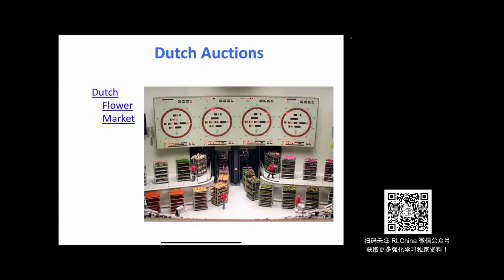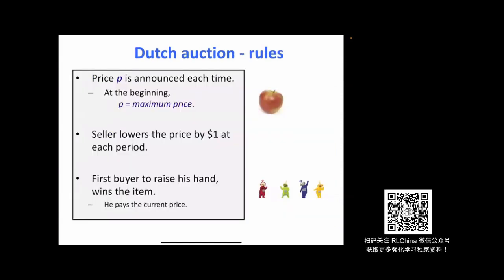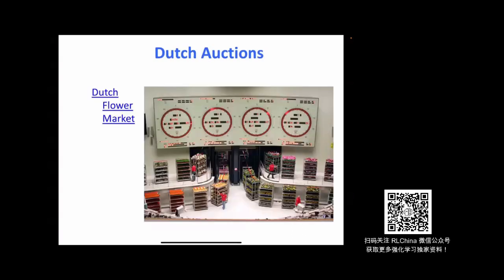You could also do this in a decreasing direction. For example, you start with a maximum price that people think of. This is called a Dutch auction. The reason they call it Dutch is that this kind of auction quite often happens in the Netherlands, where they sell flowers. The benefit of the Dutch auction is that you only need one bid to clear everything. So it's very quick, and that's why they use it to sell fresh flowers every morning, which are going to be shipped